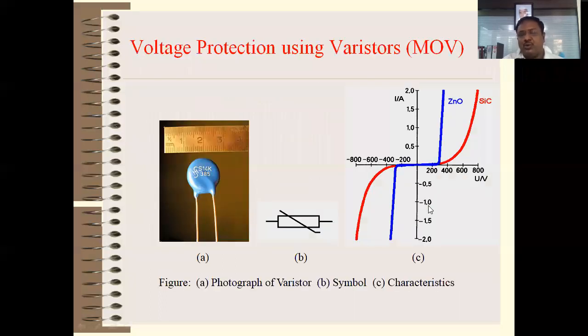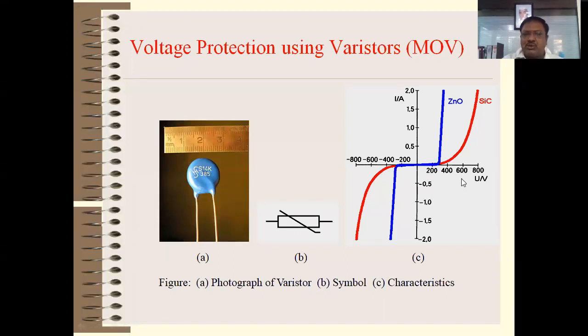So this characteristic shows itself at 300 volt. This device, you can say, turns on. After that you can see the current increases very sharply, maybe you can say straight. And after that the voltage, the 300 volt, may increase slightly, but it is a very small change in voltage, right? You can use it in either positive or negative direction, because it doesn't have any polarity. So if you apply positive voltage or negative voltage, it may be used for both, right?